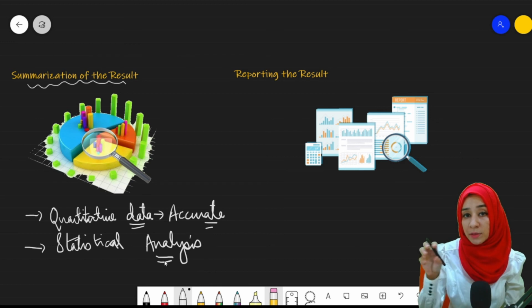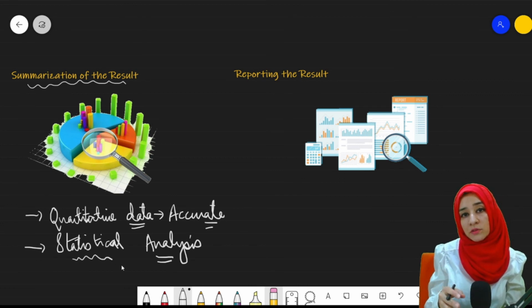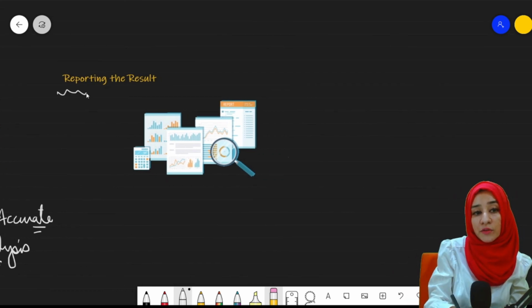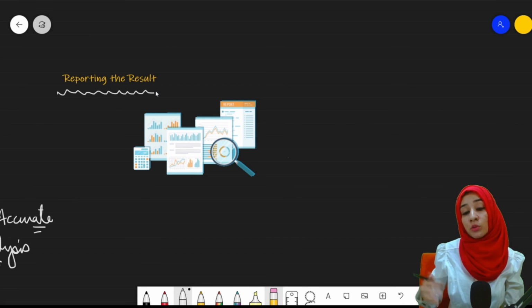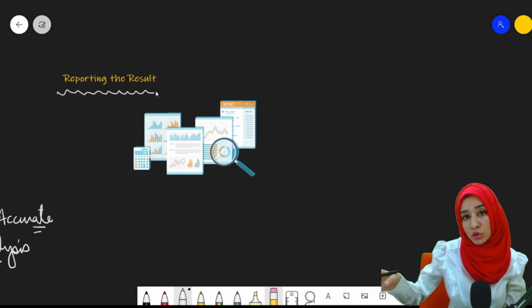So the quantitative data will be gathered, averaged and compared with each other, and on the basis of the statistics in the result, the hypothesis will be proven right or wrong. This was the second last step, and the last step will be the presentation of those results to the world. Scientists have proven something right or wrong. They are then going to show it off to the whole world that this was the biological problem and this is the conclusion, or this is how it's going to resolve.